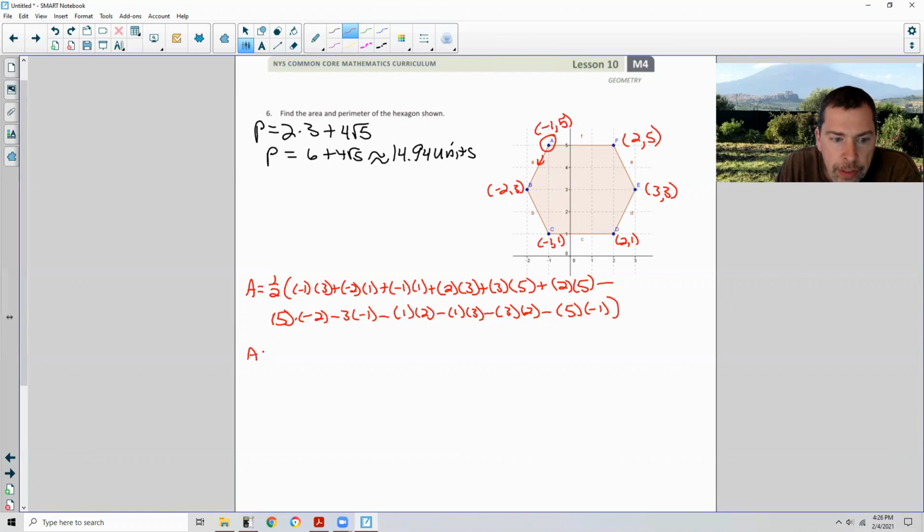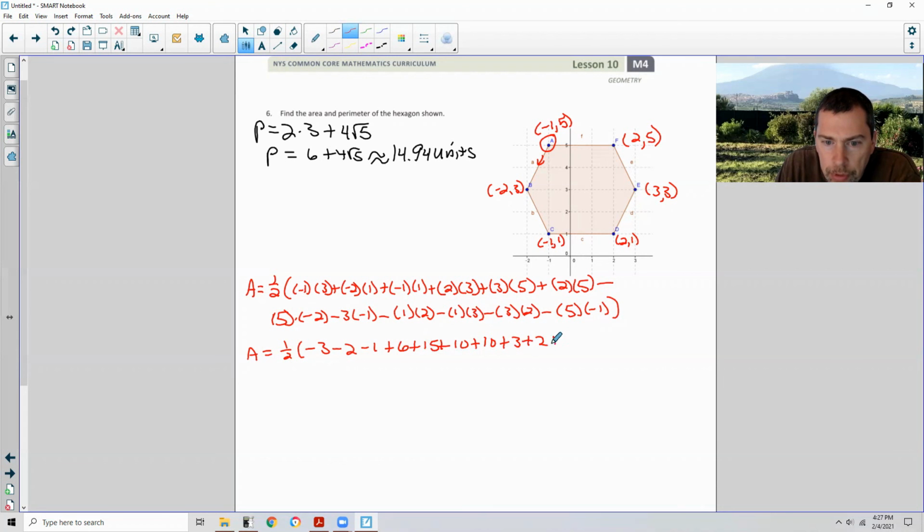All right, so the area is going to equal 1/2. -1 times 3 is -3 plus -2 times 1 is minus. So let's just, instead of saying plus a negative, say -2. Minus times a positive is minus, plus a negative is -1, plus 2 times 3 is 6, plus 3 times 5 is 15, plus 2 times 5 is 10, minus a positive times a negative is negative. That's going to be minus a -10, which is plus 10, minus 3 times -1, which would be +3,